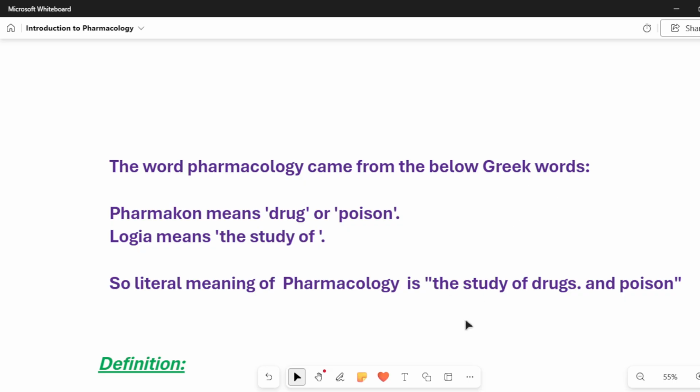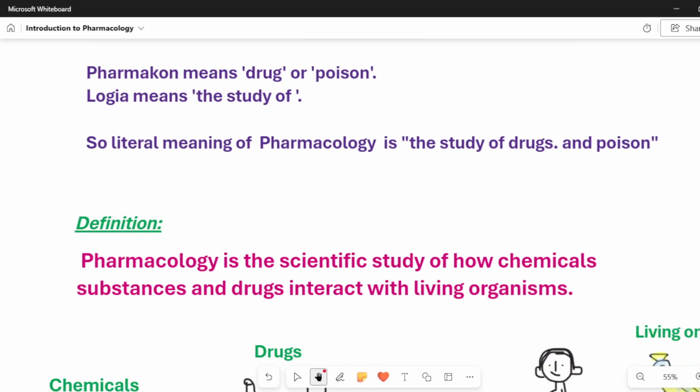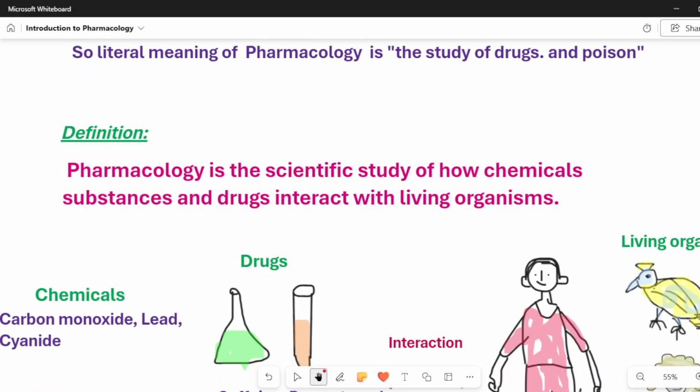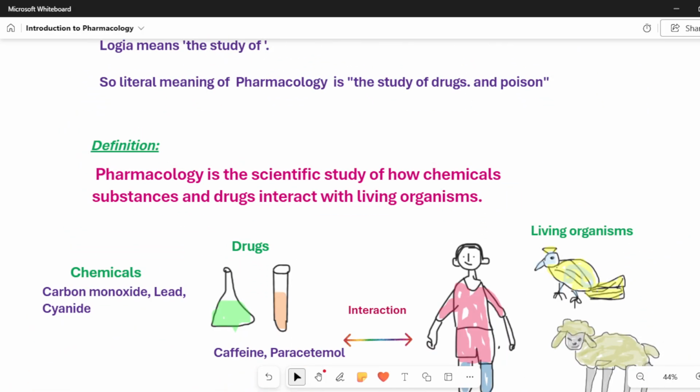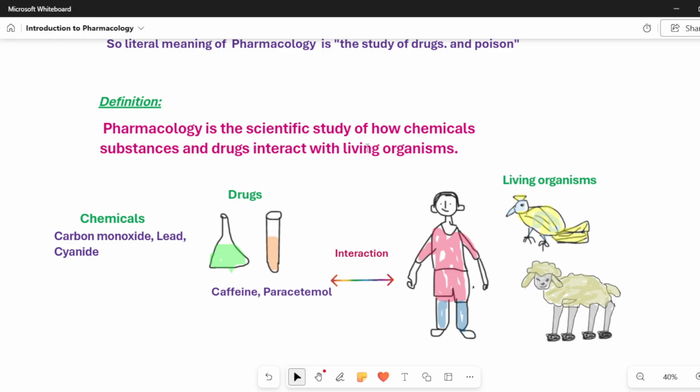Now, we will see the actual definition of pharmacology. Pharmacology is the scientific study of how chemical substances, we saw what are chemical substances, and drugs interact with living organisms.